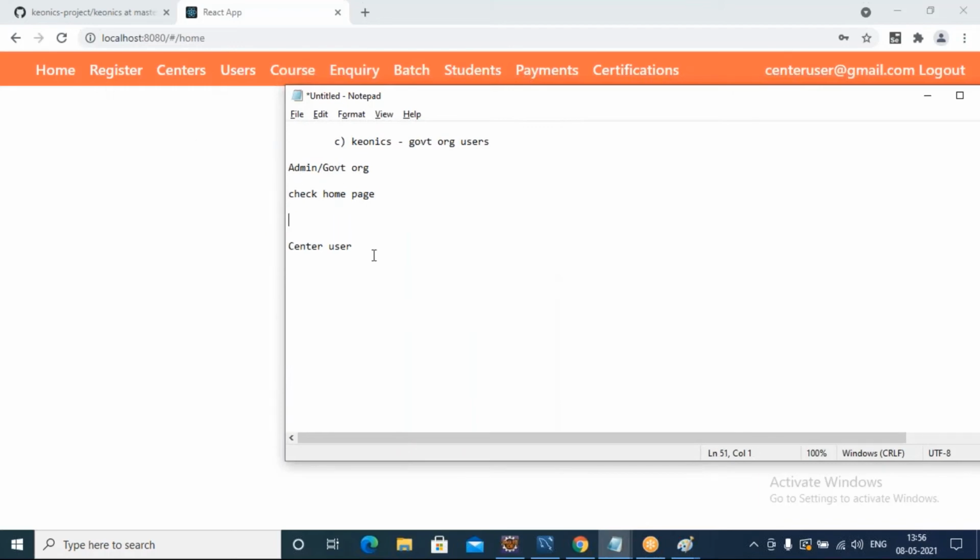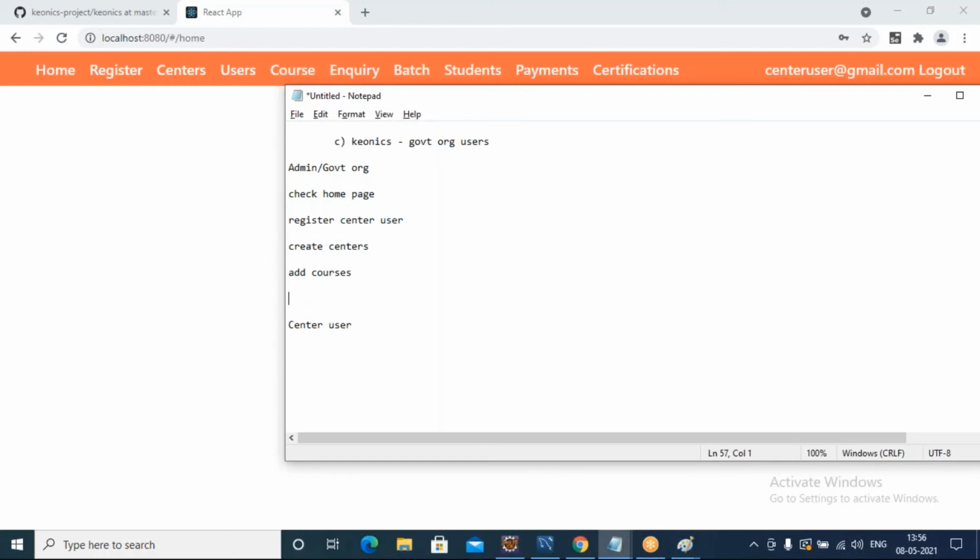So the admin user can register a center user, and the admin can also create centers. And we can add course names, courses.